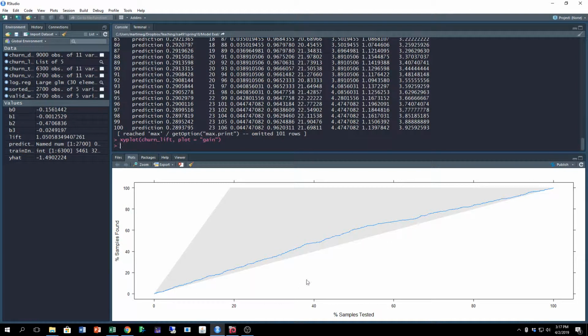So here we can see how much gain we can get as we choose a higher and higher percentage of the sample. So the gain basically tells you what is the percentage of the customers who shortened that you can find if you look in the top propensities. So for instance, if we look at the top 20% of those propensities ranked, we can find just a little over 20% of those